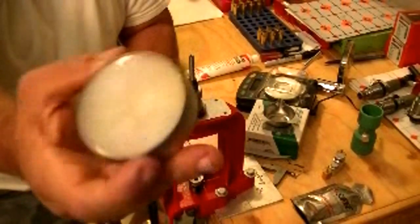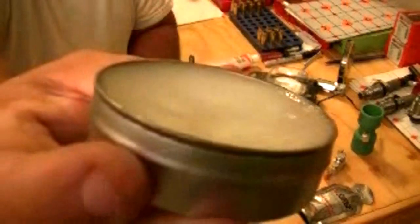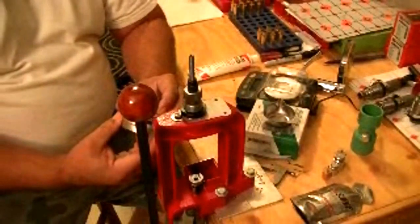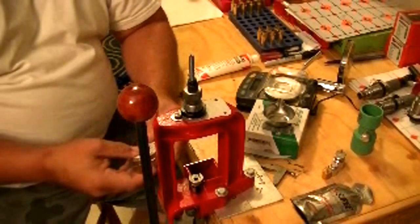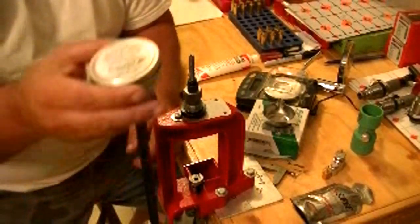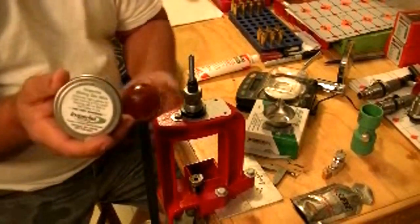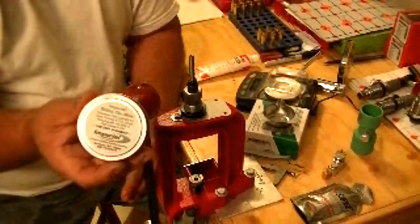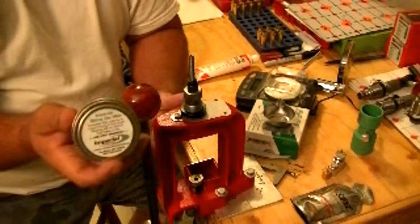I've had this thing since I started reloading, and it's still kind of full, and it doesn't take much to lube up your cases with it. Actually, with this one, I'm going to show you in a little bit now. You can just get a little bit on your fingers and rub it on the cases